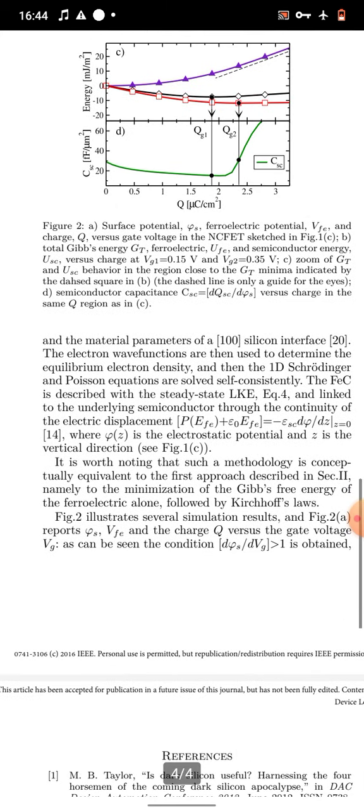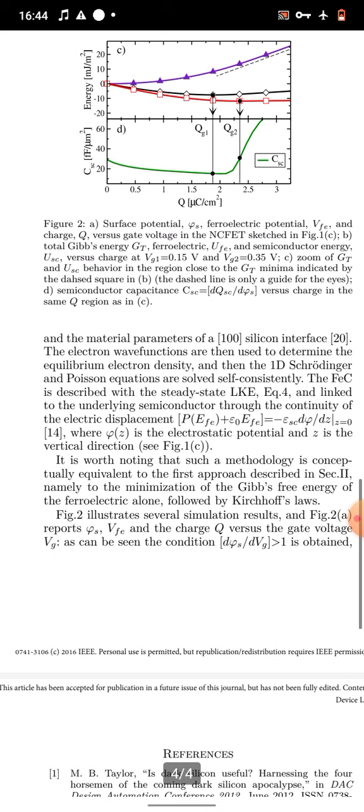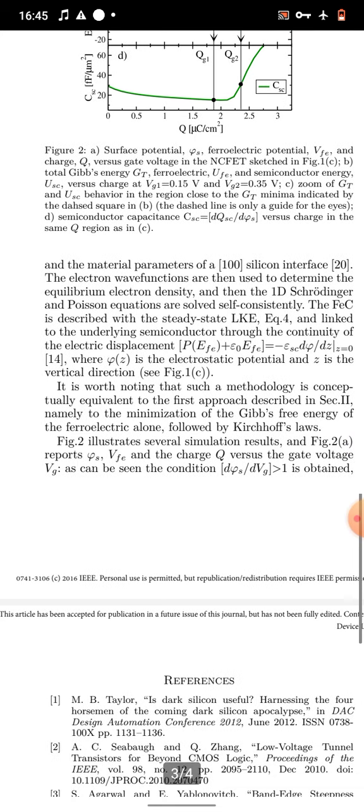The material parameters of a silicon interface, the electron wave functions, are then used to determine the equilibrium electron density, and the 1D Schrodinger and Poisson equations are solved self-consistently. The FEC is described with a steady state LKE equation 4 and linked to the underlying semiconductor through the continuity of the electric displacement, where Z is the electrostatic potential and Z is the vertical direction. If you see in the figure C,